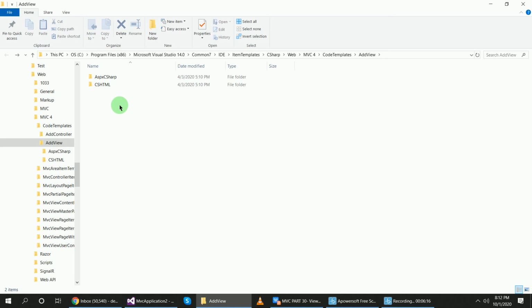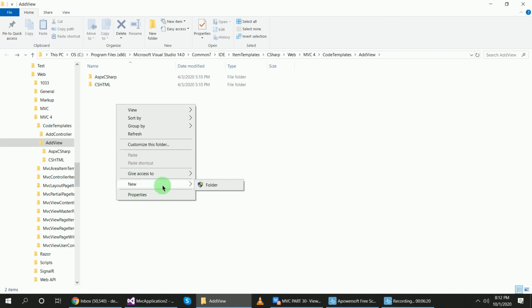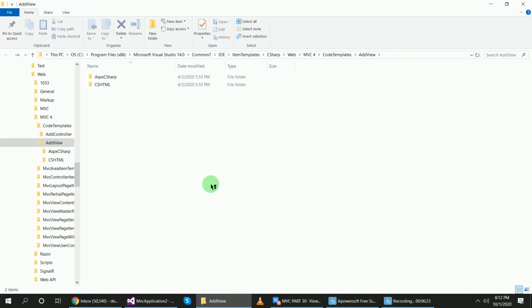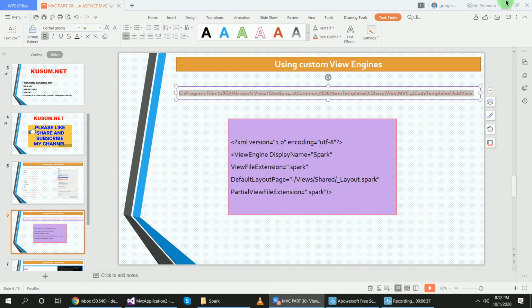Now I will create a Spark folder so that we can see this Spark engine in the view engines list, and inside of this I will put an XML file. I have created one XML file already.